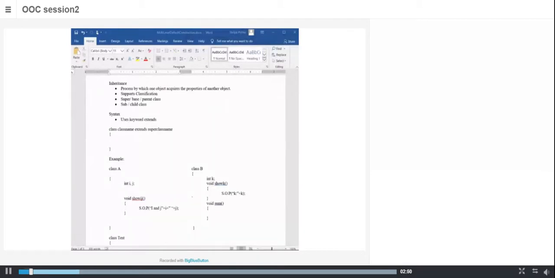Try to get as much as possible. Later, I'll give you examples, and you will understand this better. So when the child gets the data from the parent, both the parent and the child are sharing that data. So if there is a change in one place, it gets automatically reflected in the other places also. By doing so, you maintain the consistency of the data. The other thing is, I need not redefine the data everywhere. I can say I am getting the data from my parent. So these are the two uses of inheritance.